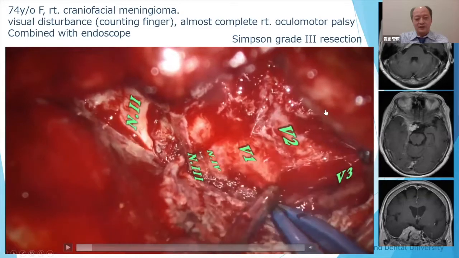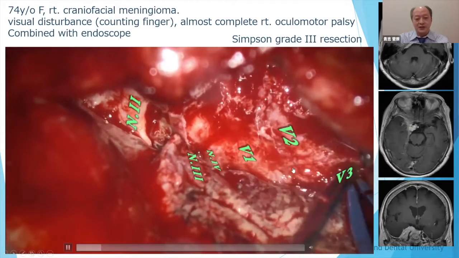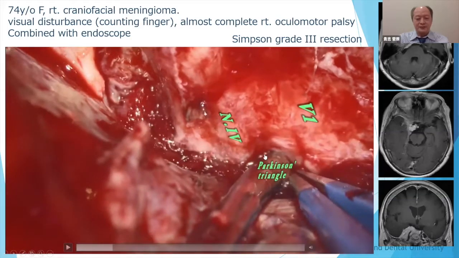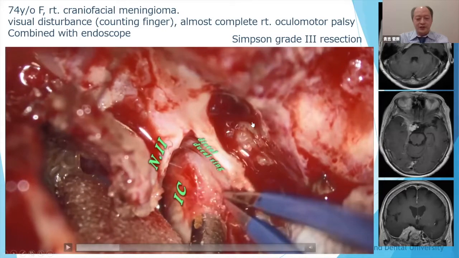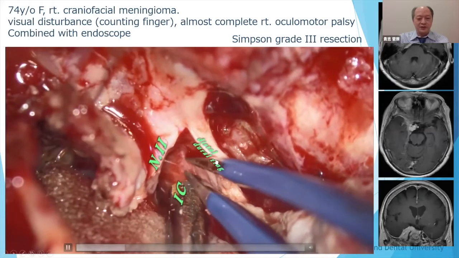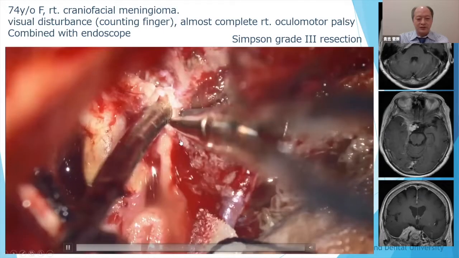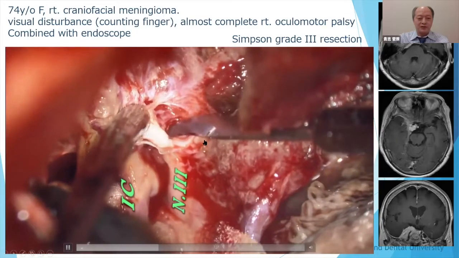And this is the lateral wall of the cavernous sinus, third, fourth, V1, V2, V3 here, and open the Parkinson triangle. But the tumor was very tough, so I gave up removing the tumor in the cavernous sinus because she was 74 years old. But I have to remove the tumor around the oculomotor nerve to recover the oculomotor